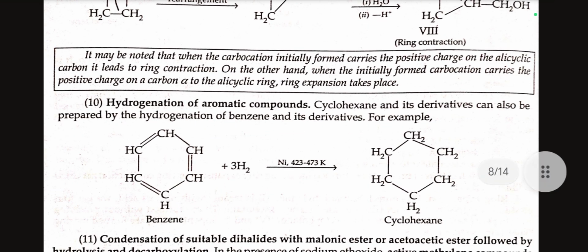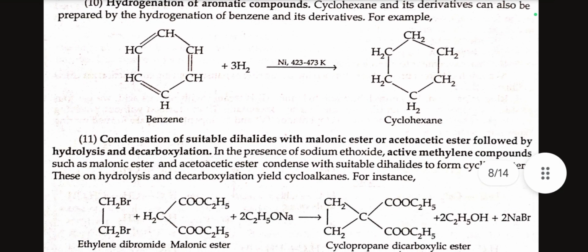Hydrogenation of aromatic compounds. Cyclohexane and its derivatives can also be prepared by the hydrogenation of benzene and its derivatives. For example, benzene plus 3H2 gives us cyclohexane. Condensation of suitable dihalides with malonic ester or